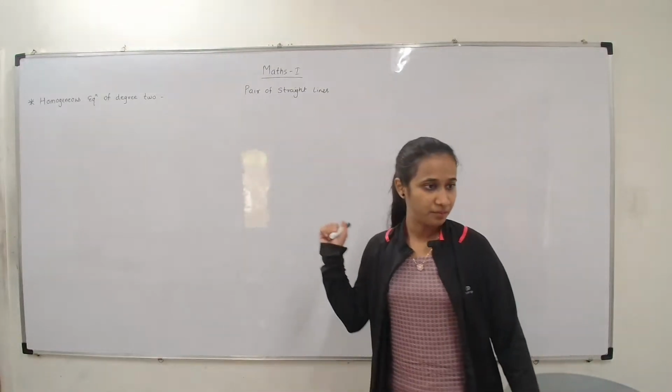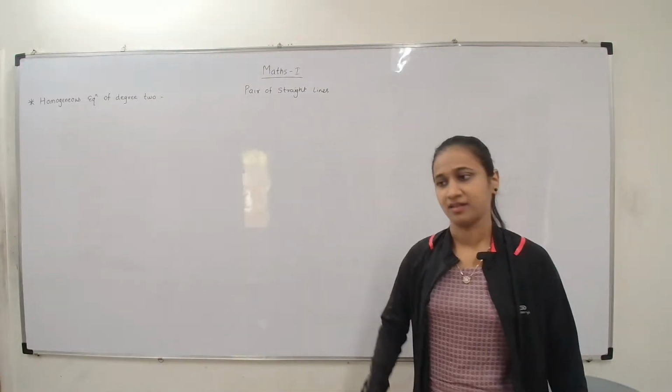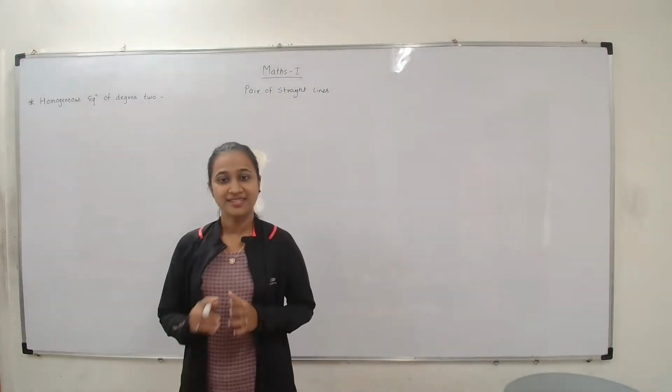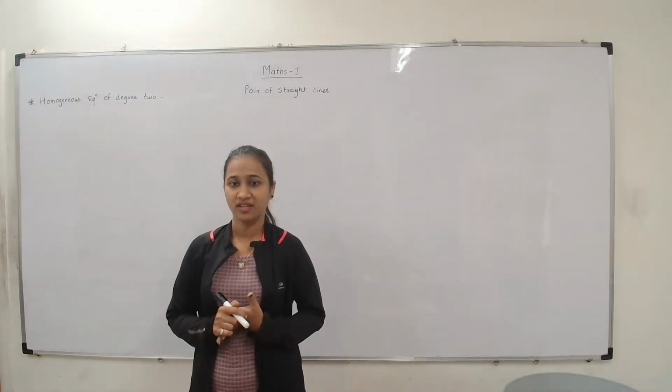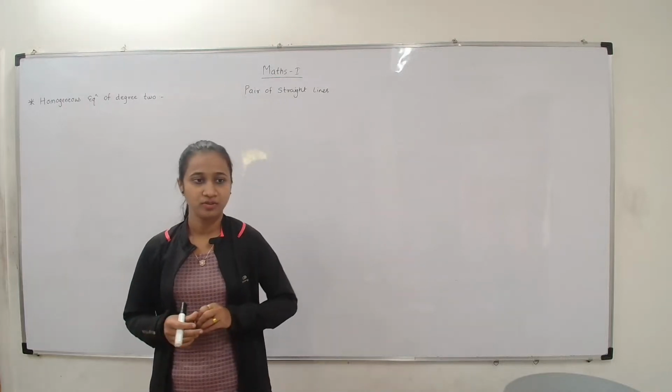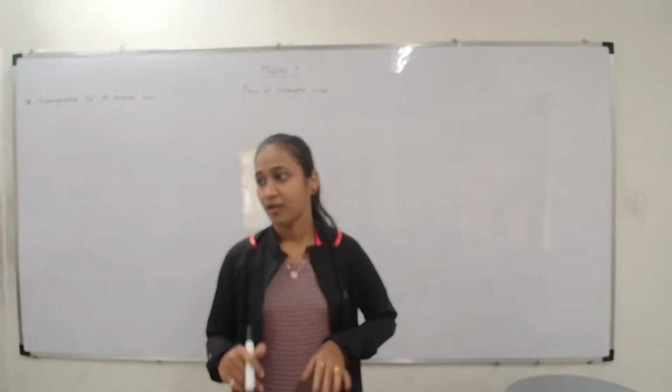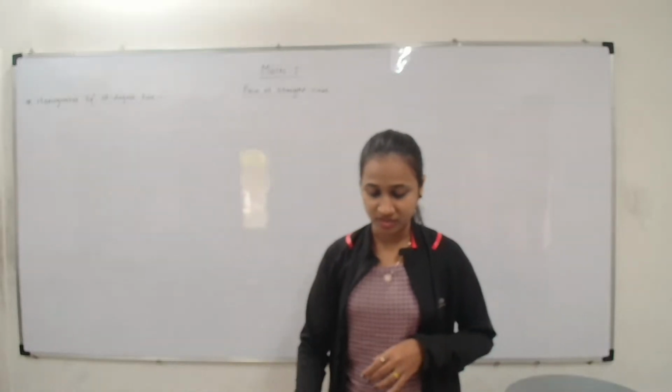So yesterday आपण pair of straight lines काल start केलं ना. So the first topic was combined equation of pair of straight lines or separate equation of pair of straight lines. So in combined you just have to multiply the two separate equations of lines, and in separate equations you just have to split it. So you can split the given combined equation by